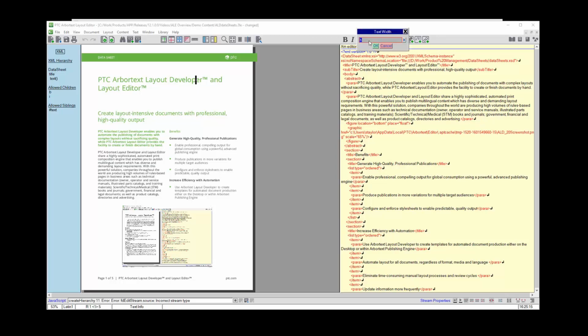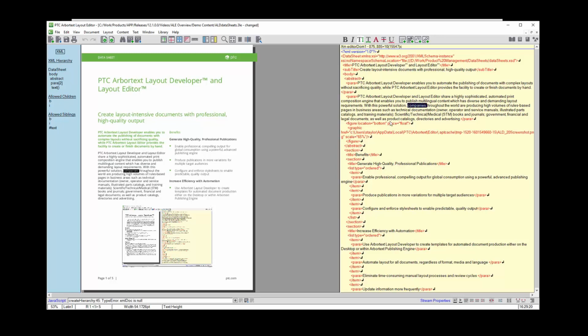So basically the UI is not very different from the one of the layout developer, except that the buttons and the features I may access to, like this text width modification window, are controlled and defined by the people who created the template. So as a touchup or quality control operator, I can only modify things which have been allowed by the template designer, and I cannot break or modify the XML content, for example. So we are sure that I will not make mistakes and